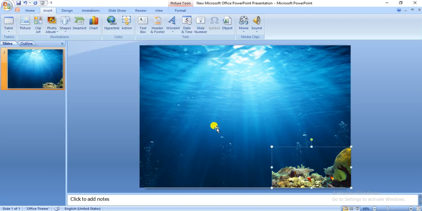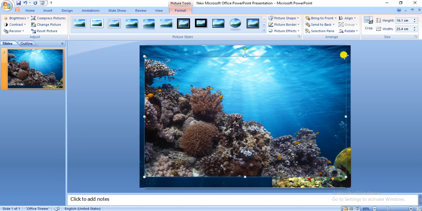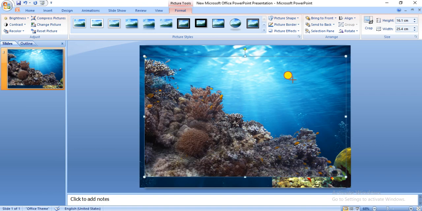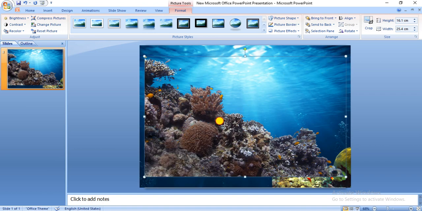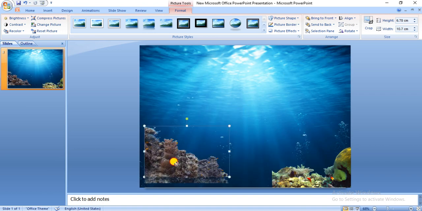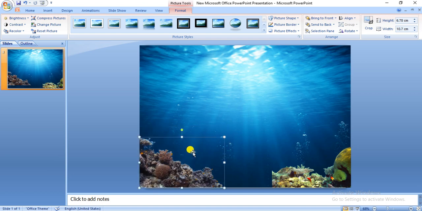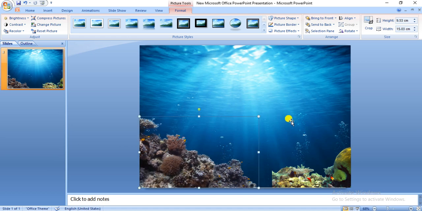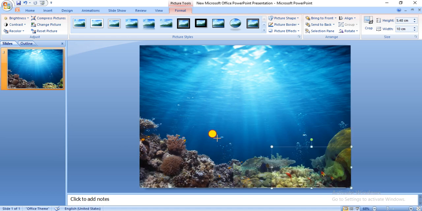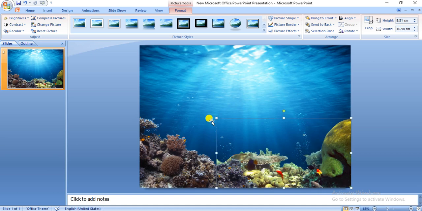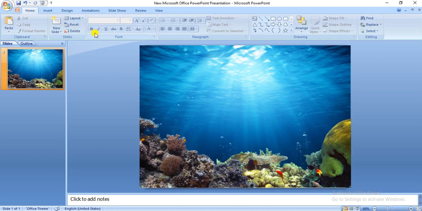So I am going to insert the second image. So you can see the images are very big in size. So I'll just reduce the size of them by just dragging with the help of my mouse. And you can adjust it according to the scene you want to depict. Okay, so make it little more realistic so your animation will look wonderful.